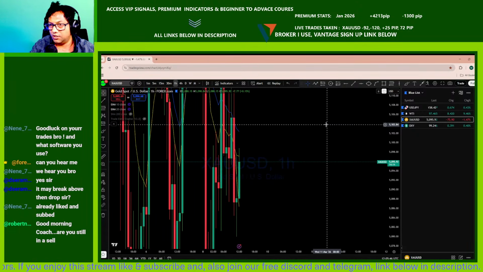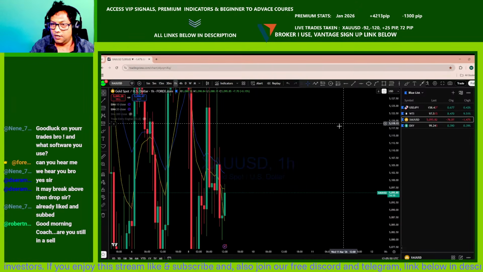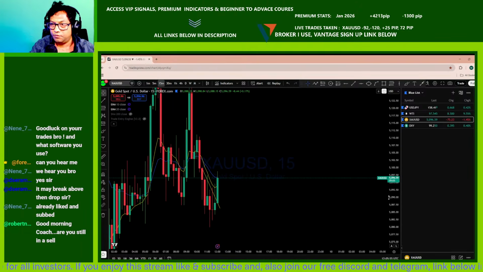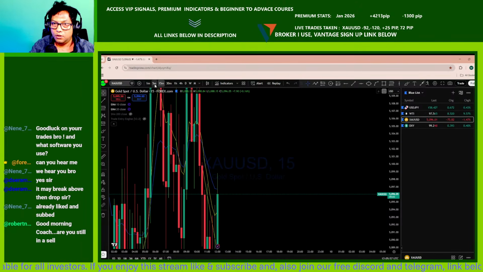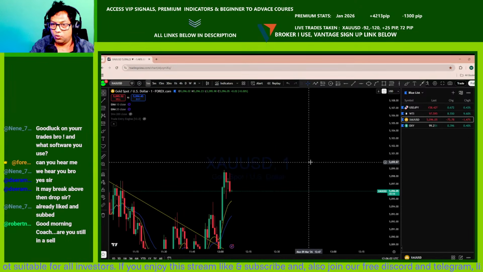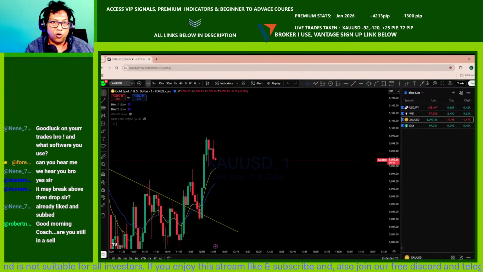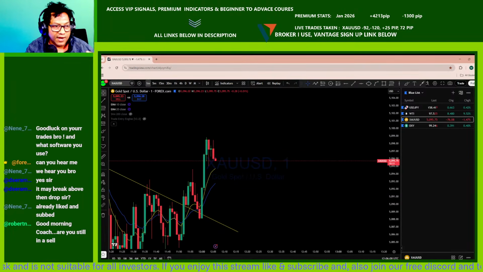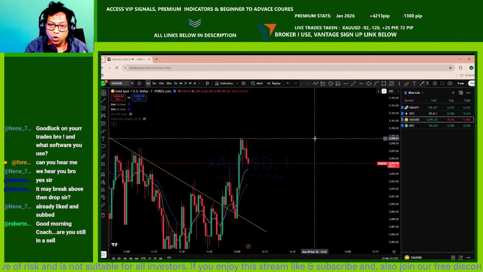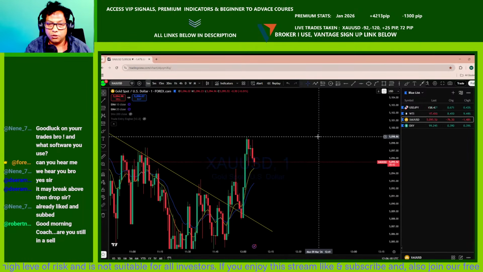This is the 1 hour market structure which has not tested this support properly, and looking to see that it's breaking well below back here to this lower time frame support level. The 1 hour market structure that you can see. Now, for us to look for a potential sell entry, as this is now a falling market, I'm only looking for sell. Anyone looking to buy, you can share your opinion.